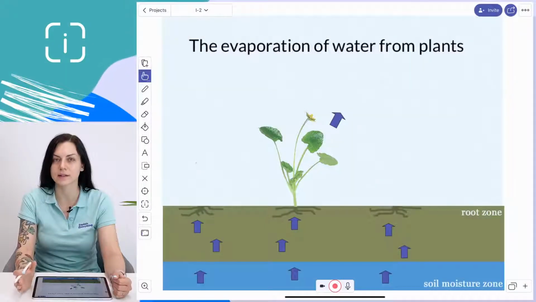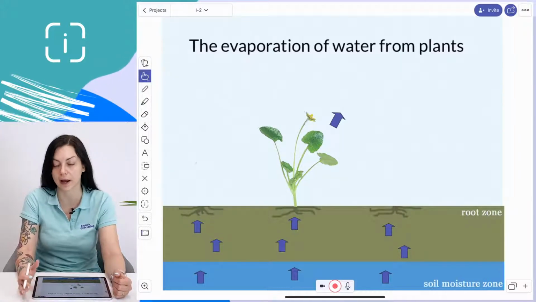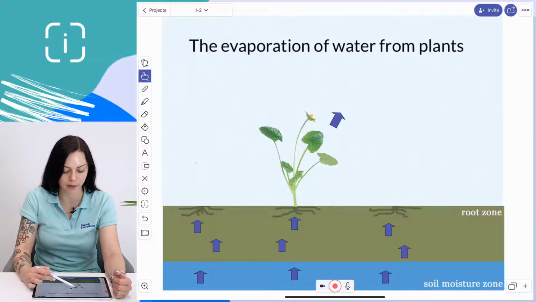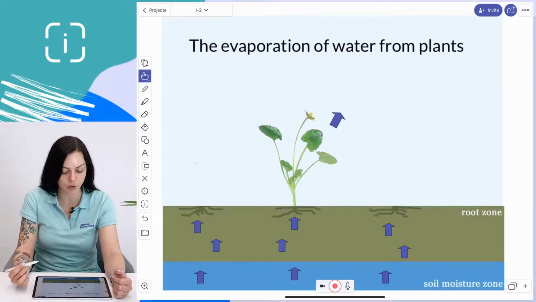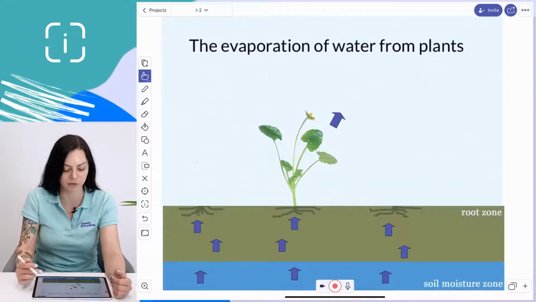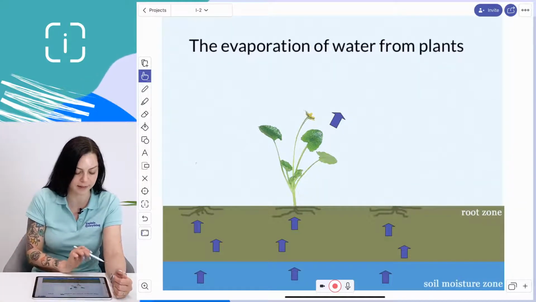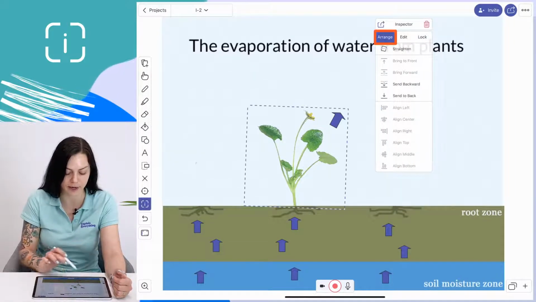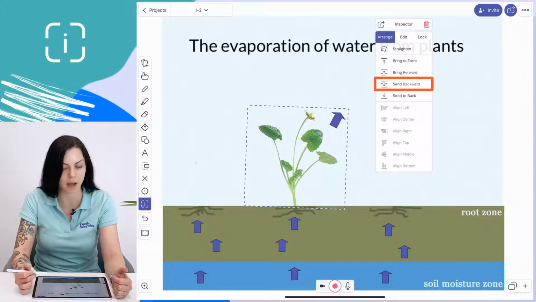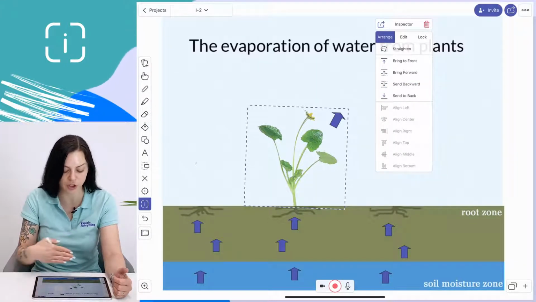So basically, this is all about managing the different layers of your canvas, because your canvas, as I said, doesn't necessarily have to be 2-dimensional, right? There are different layers. So if we wanted to show our students how plants grow, for example, we have our plant right here, but say we wanted to show the earlier stages of this plant's growth. So basically, we'd like to put it behind this layer at the bottom to show how it slowly emerges from the ground. So we can do that by once again selecting the inspector tool, selecting the object, going to Arrange, and then Send Backward, which sends it behind the front layer of our project, which in this case is the